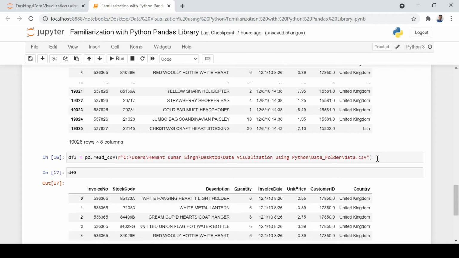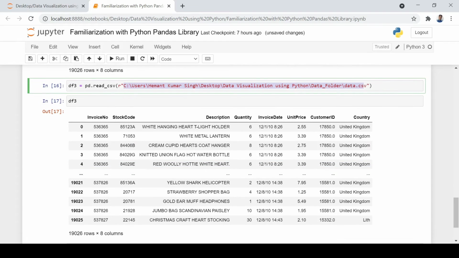Okay. But remember, for different devices, for example Windows, we use the forward slash. Sometimes in some machines, for example Linux, you can use the backward slash. So these are the differences you should notice depending upon your machine, but the format remains the same. You put the whole link address under that, and then it makes it independent. Wherever your data file is in the system, you can utilize it. So this is about reading the data from your machine wherever it is.